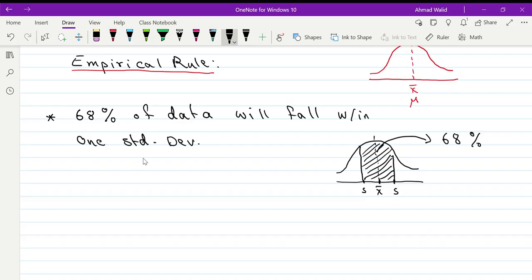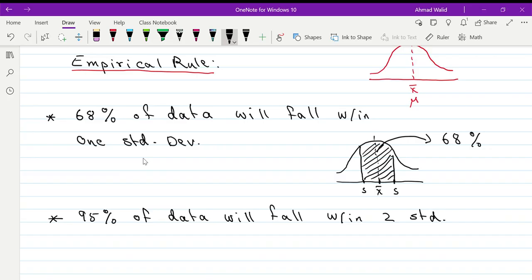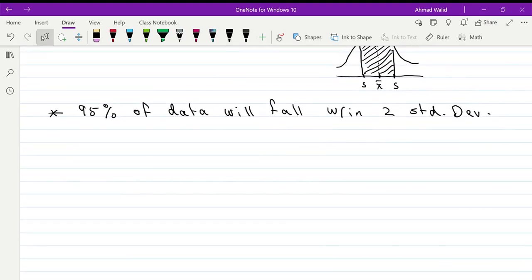Star number 2. 95% of data will fall within two standard deviation. If I show it in a graph for you,